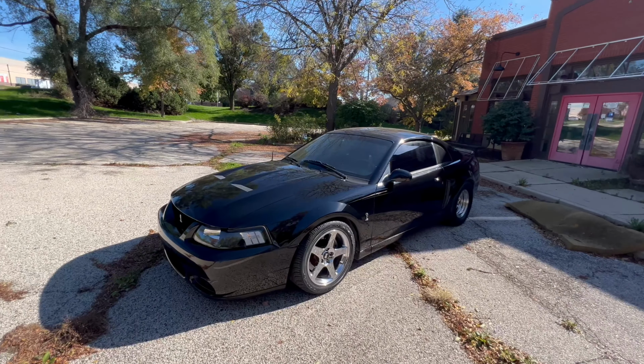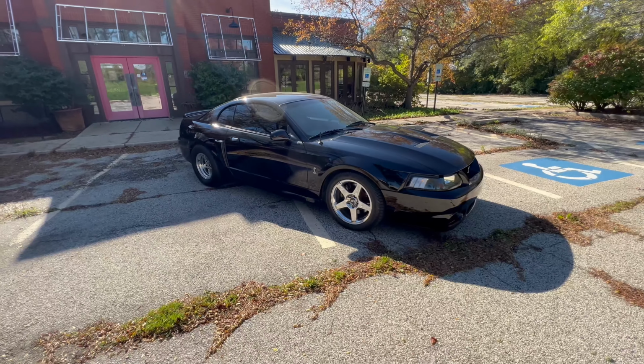Number 2, I hate how expensive parts are, specifically the OEM parts. So if you guys are familiar with the 03, 04 Cobras, front lips, extremely expensive. I believe they go for about $300, the plastic lip down here. Because my car is somewhat low, I don't know how well that's going to pick up on camera, but it is toasted. This car's been scraped a lot, so that's frustrating,